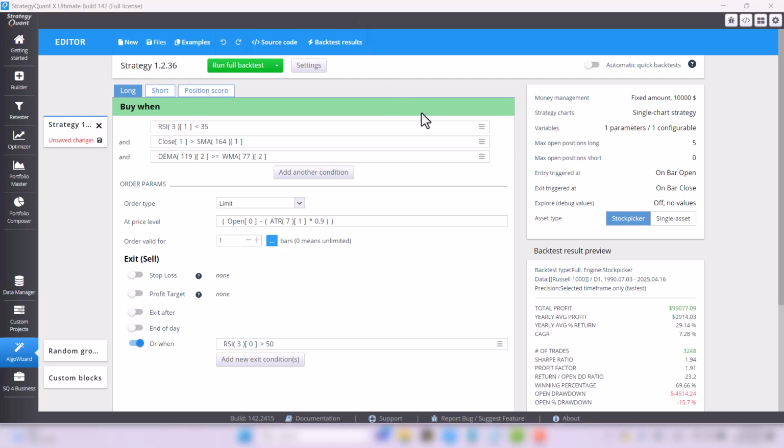These stocks have a very different character and contain, for example, a lot of so-called penny stocks, meaning cheap stocks. And our strategy has to somehow deal with it.